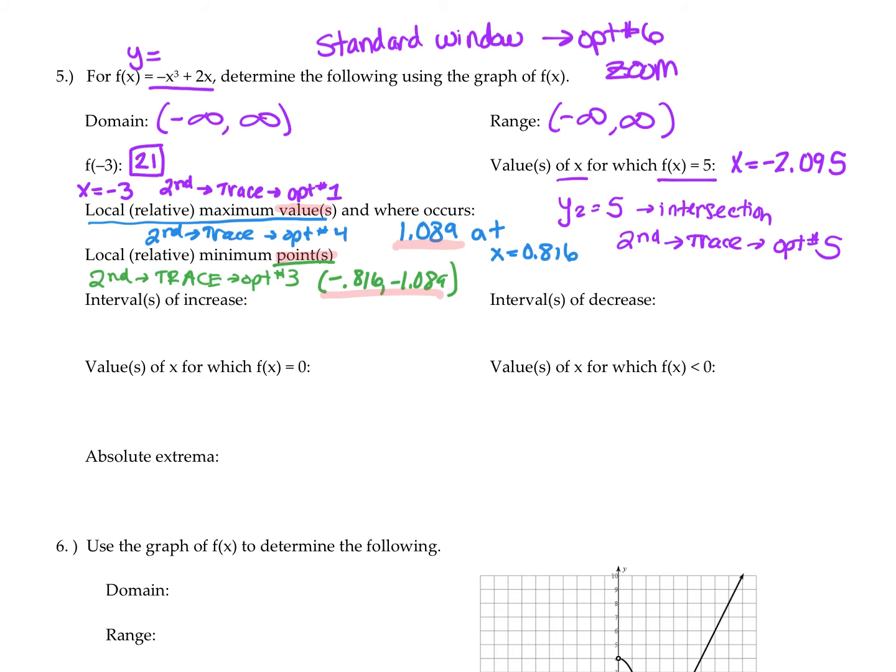Intervals of increasing and decreasing. These are determined by our maximum and minimums. So if we look at our function, I can see that it's decreasing from negative infinity until it hits that minimum at negative 0.816. Once it hits negative 0.816, it starts increasing and stops increasing when it reaches the maximum